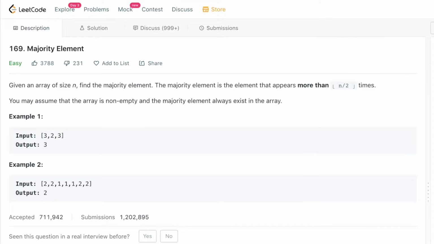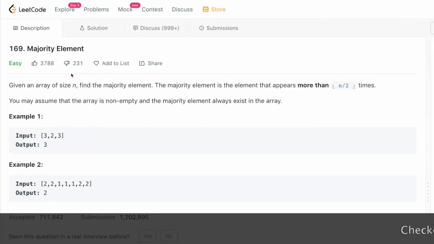Today in this video I'll be solving one more problem from LeetCode and we will also learn one new algorithm from today's video. In this video I'll be solving this majority element coding problem and I will show you 4 different solutions for this problem, starting from a naive solution to an optimal solution. And we will also learn a new algorithm, Moore's voting algorithm, in this video to get an optimal solution for this problem. And at the end we will also see code solution for this problem both in Kotlin and Java programming language.